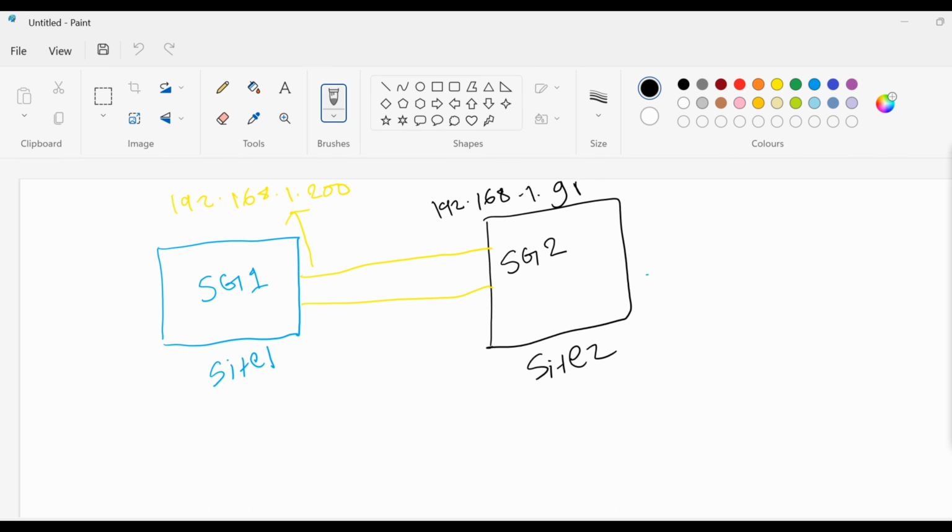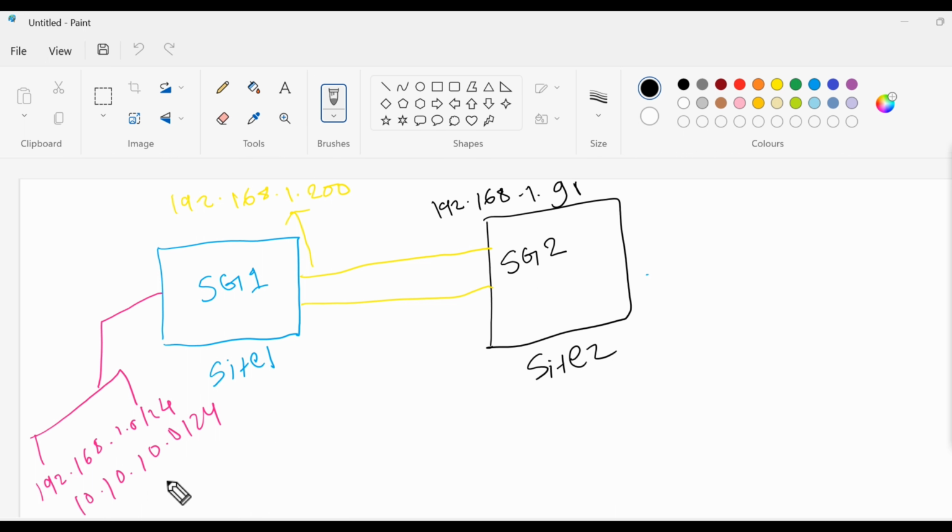This is a lab environment, so don't bother about the IP addresses, just understand the concept. And behind this security gateway, there are certain networks. One of course is 192.168.1.0/24. The other one is 10.10.10.0/24,